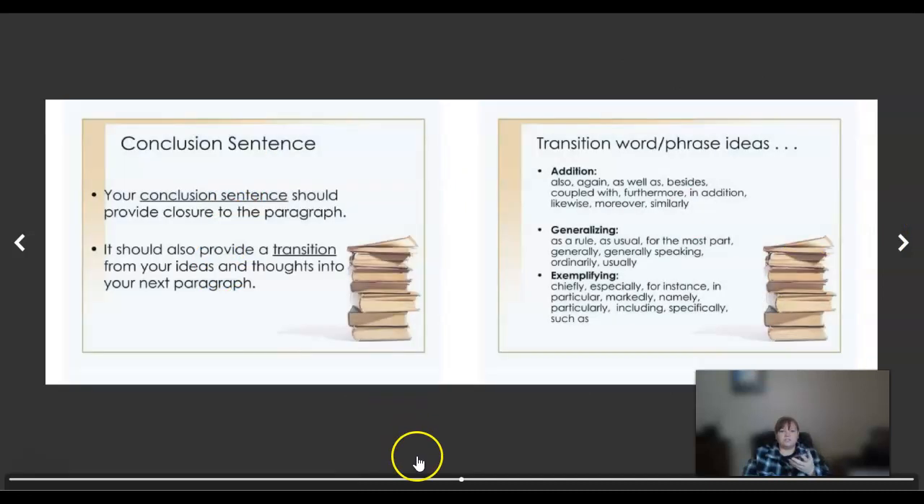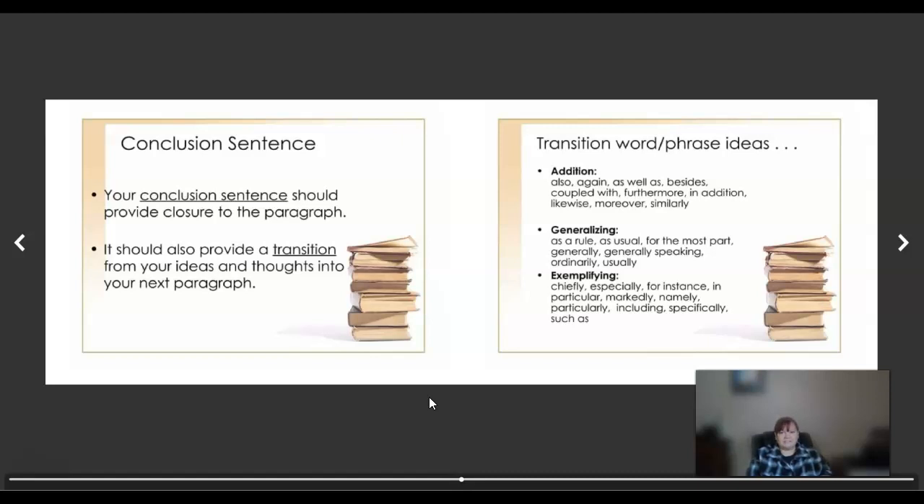And then your conclusion, again, just a sentence that should provide closure to your paragraph. It should also provide a transition into your next ideas and thoughts of your next paragraph. So here are some transition word phrase ideas. Addition, so also, again, as well as, besides, coupled with, furthermore, in addition, likewise, moreover, similarly,